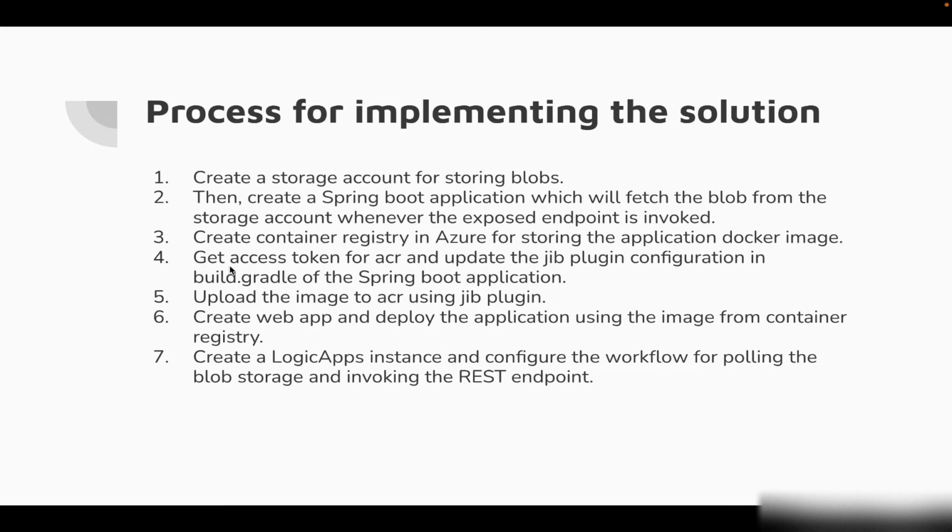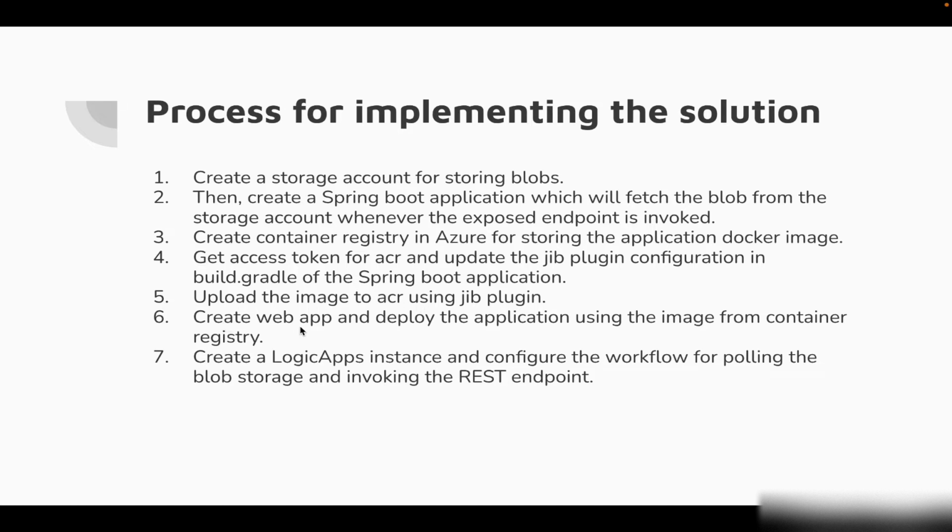and then we'll get an access token for ACR and update the Jib plugin configuration. What the plugin is, is that it helps us create the Spring Boot application Docker image and upload it into the container registry. So some configuration is required in the build.gradle file, so that it does the uploading of the image successfully, and then we'll upload the image to the ACR,